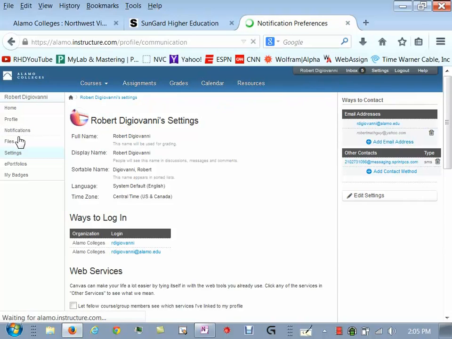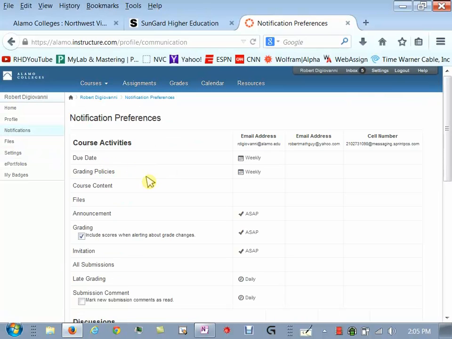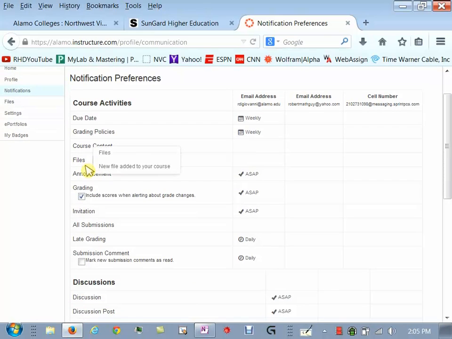If you click that, you can choose things that happen, like if I post a file on our page, you can choose to add email addresses like a Yahoo account or Hotmail, or you can even add a cell phone. So that if something happens here, you'll get a text message that says, hey, your teacher dropped a file or something like that. That way you don't have to always come here. You can have it notify you somewhere else, but you have to set that up.